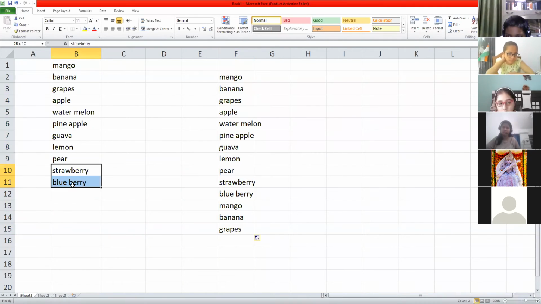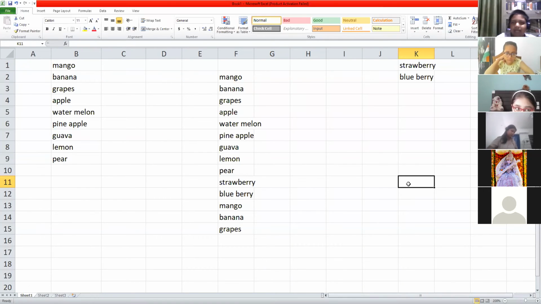Just suppose I want these two fruit names to be here in K. So I will select it, and as soon as I take my mouse pointer to the edge, not to this box. Earlier we were taking the mouse pointer to the box and it was changing to a black box with a plus sign. I don't want to take it there now. Anywhere on that dark color line, I have to take my mouse pointer and it changes to an all-side arrow. All-side arrow means for moving. Yes, now I'm moving it. Understood? Yes, ma'am. Anything else? No, ma'am.